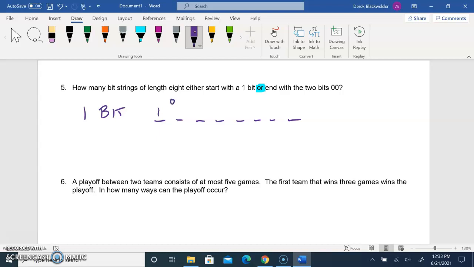In the second one, it's either a 0 or a 1. The next one is a 0 or a 1, and then so on and so forth. So that means that there's 2 options for this one, 2, 2, 2, 2, 2, and 2. Those are all AND, so we would multiply that one. So that would be 2 to the 7th power, which we know is 128. The other one is that it could end